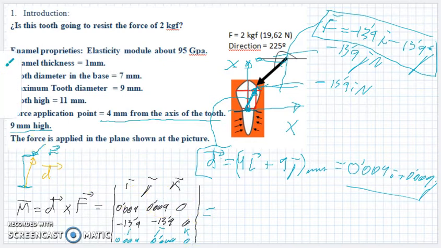As a result, we are going to do the cross product like this. This here we are at 0, so it means that 0, minus 13.9 multiplied by 0.004 k,